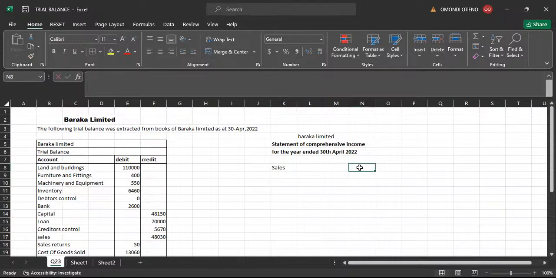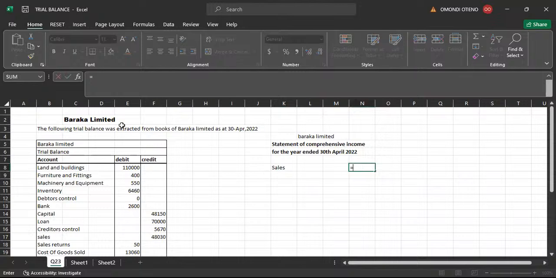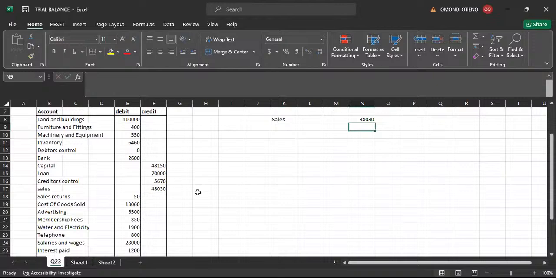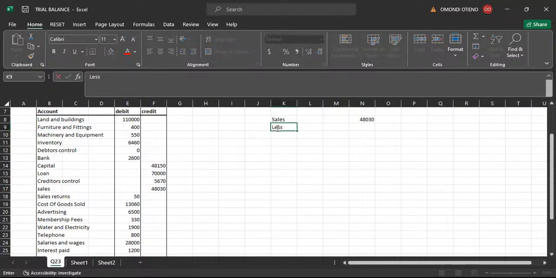So we're going to have sales. Of course, I'll just pick it here because I have the advantage of Excel. I just extract it from this particular point. That is sales. So this sale is not the net value. There are some goods that were sold, but the customers returned them. So what are we going to do? Less sales